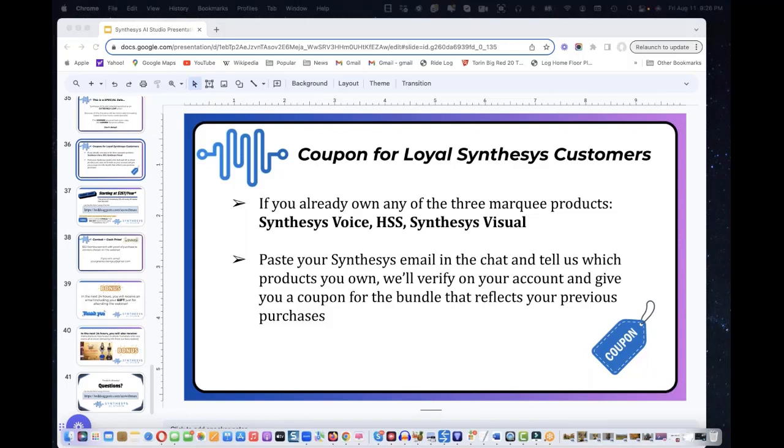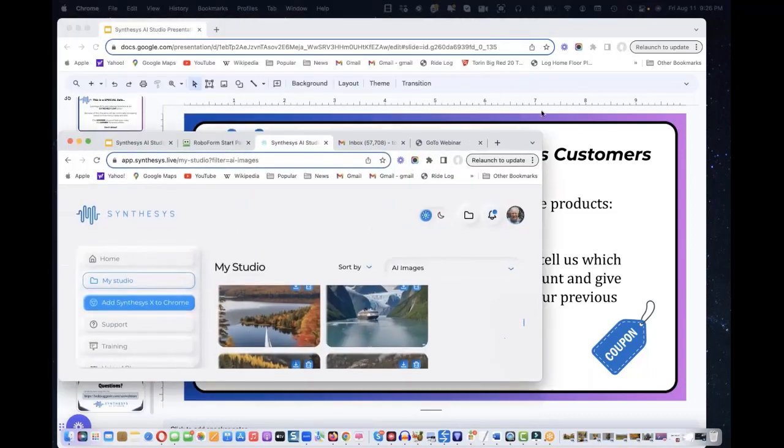I'm going to go right inside the software, and I'm going to show you something else, where to find the face swap link, because I think that will be very, very useful. So I'm going to actually get out my Synthesis AI Studio, and I think it's right here. Okay, I'm going to find it. I'm going to move it in,